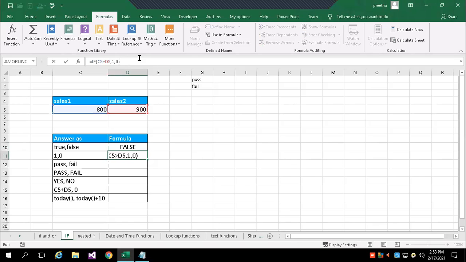In the same way in this function also, C5 greater than D5, value if true, test is true means 1, test is false means 0. According to the current value the test is false, so 0. Because if I put it now less than 800 in this place, you can see it becomes true. Now if the condition is true, I want to write pass or fail. So how do I write?